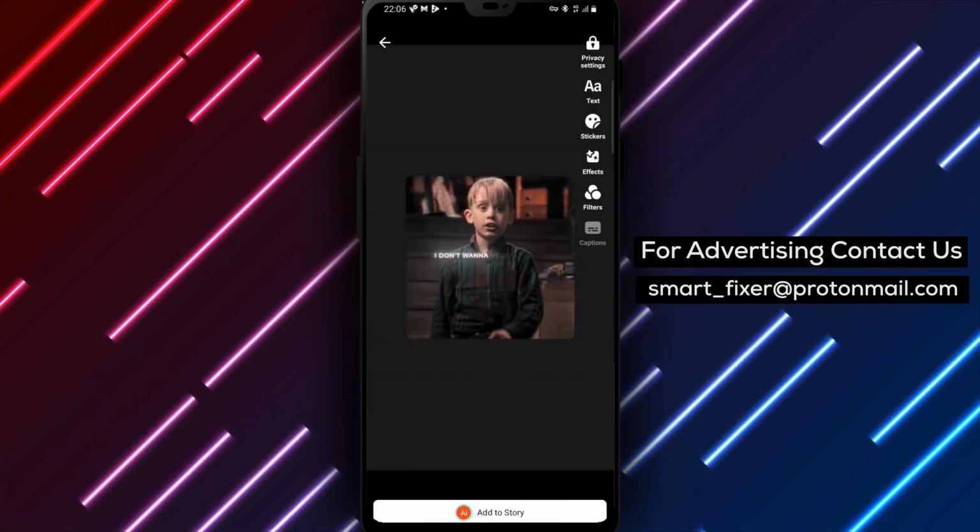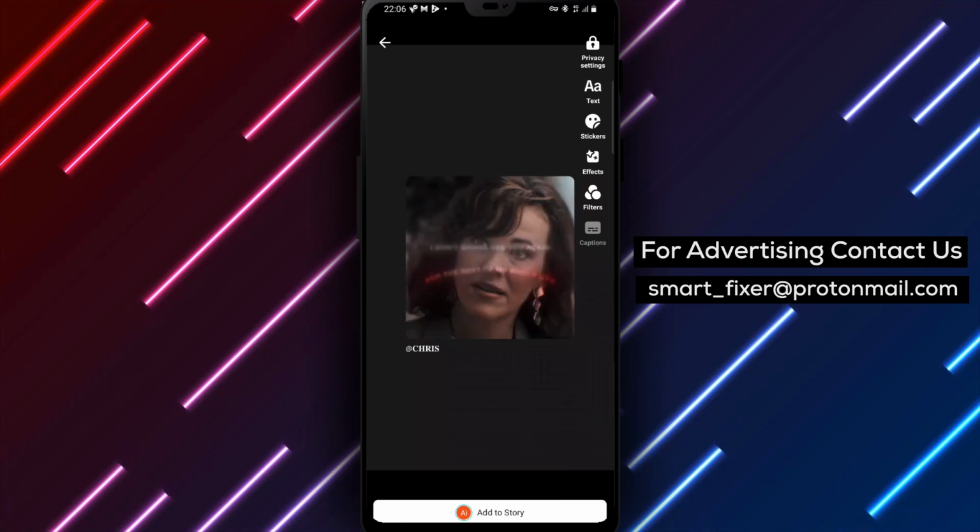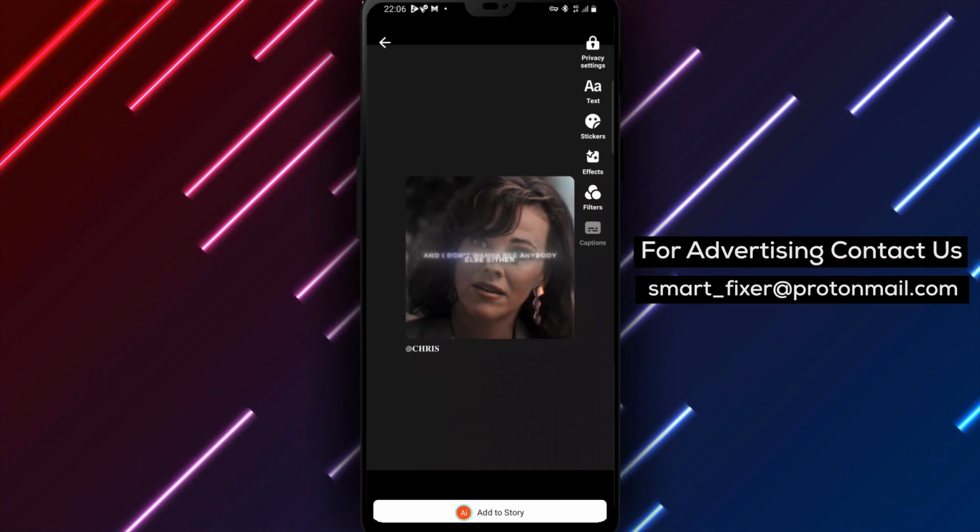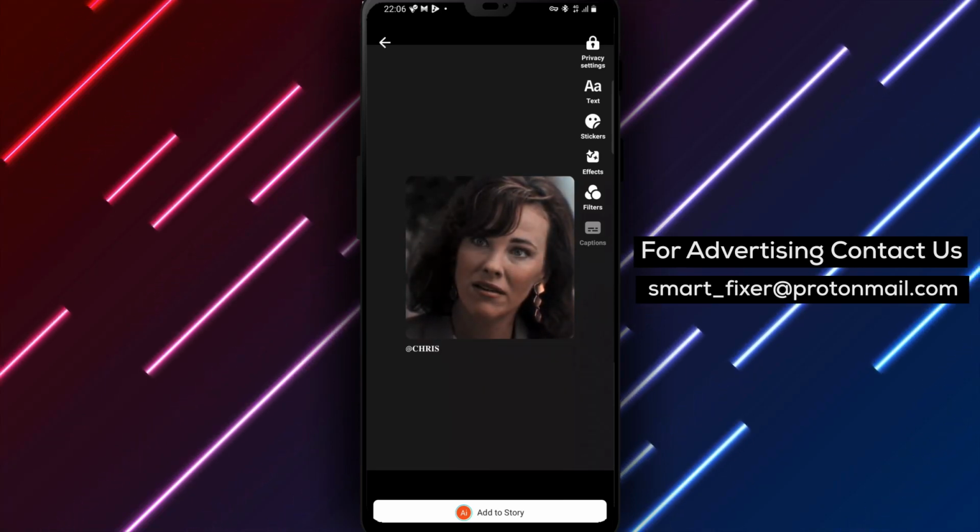Step 5. Now, you can edit your story to make